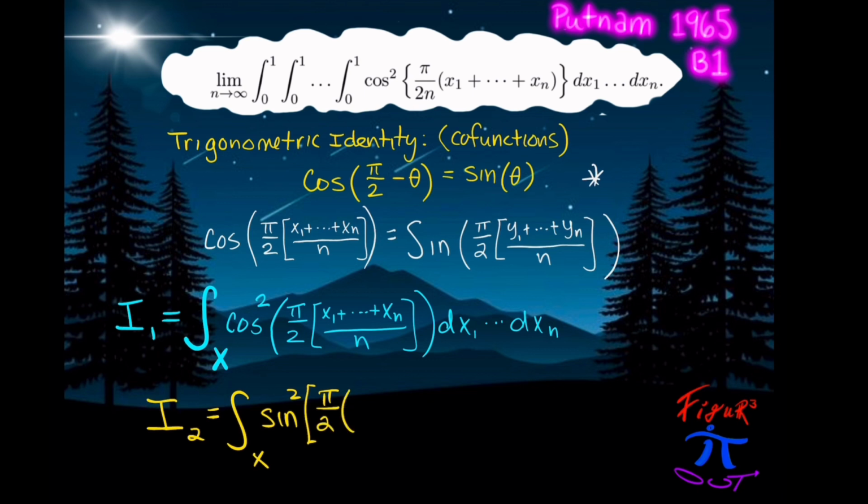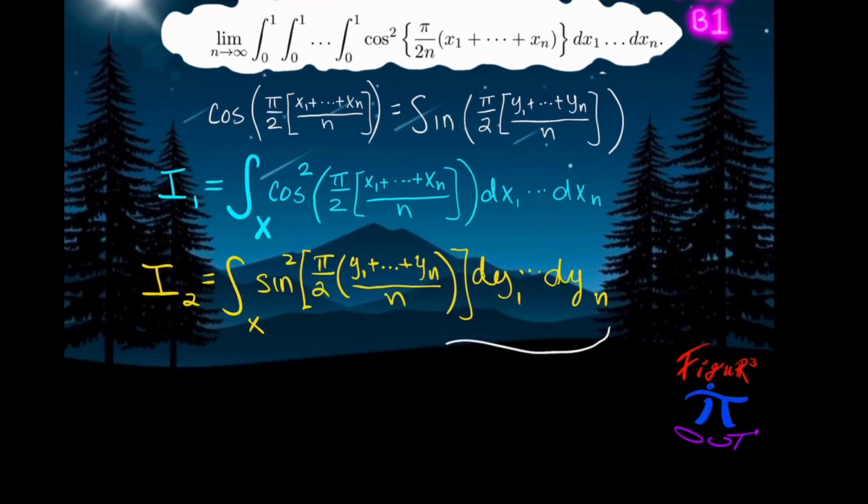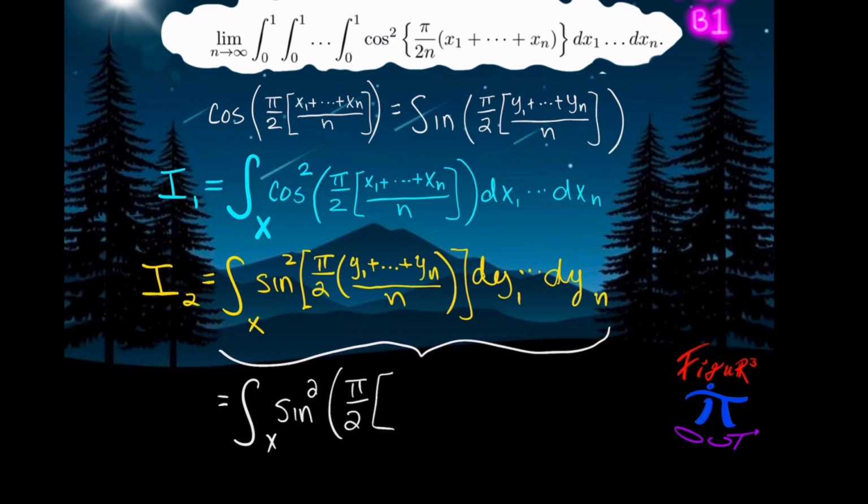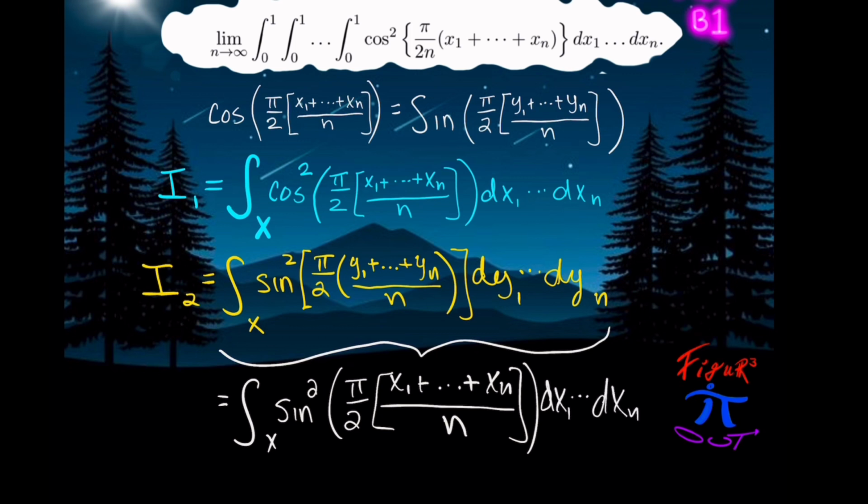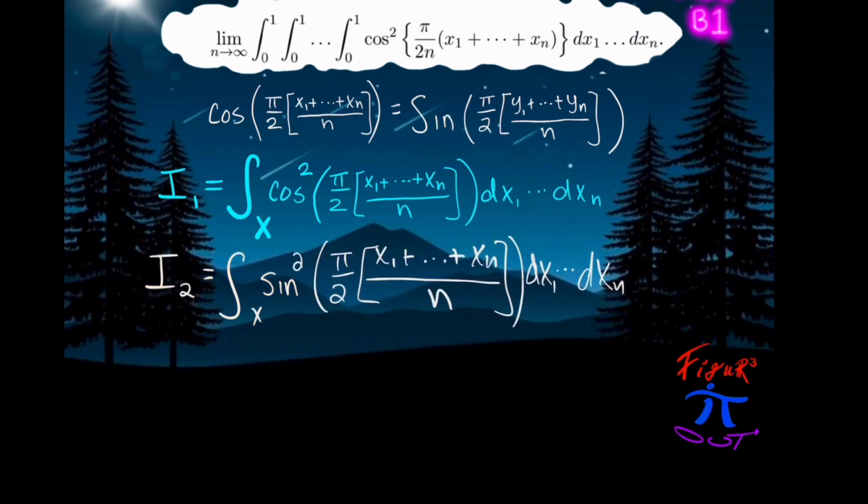Making an integral I2 with the sine squared as our integrand, we make the following observation, that since the cosine and sine squared are both equal to each other, we can also rewrite this I2 in terms of the variable x, since the y now became a dummy variable. So I1 and I2 are identical integrals,